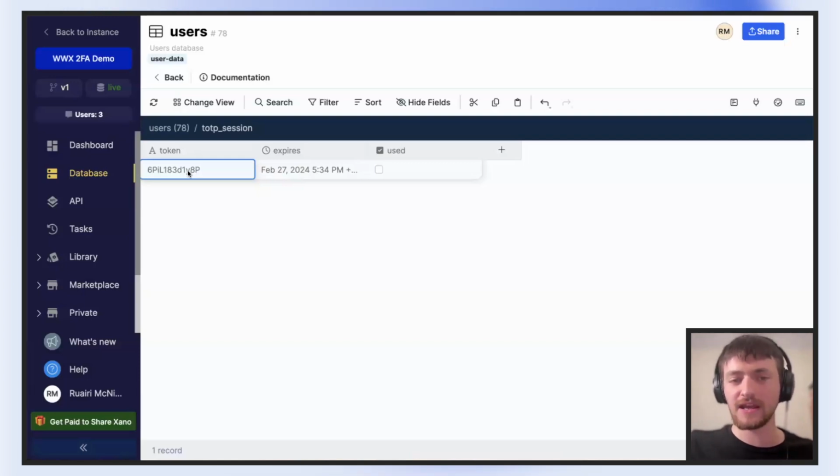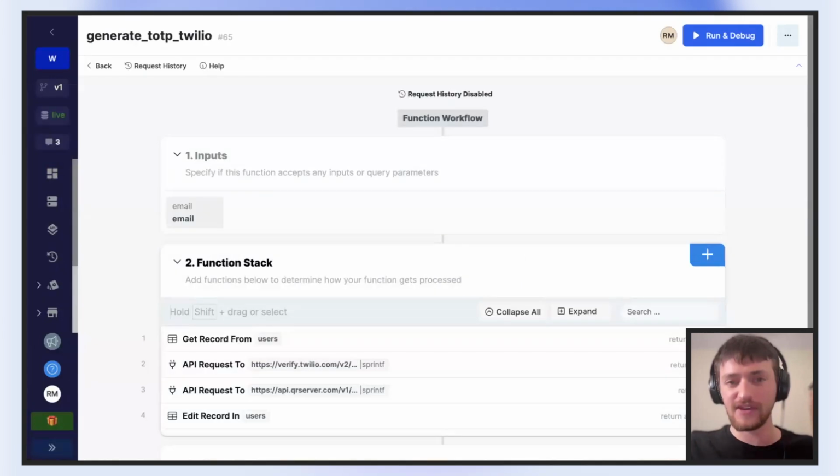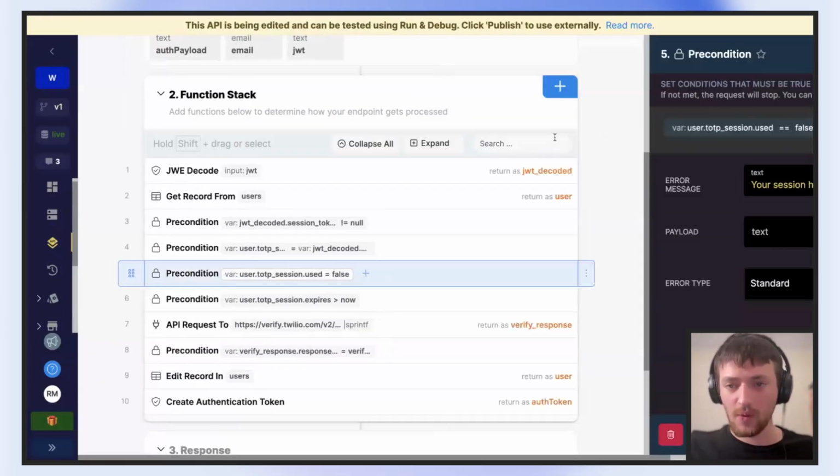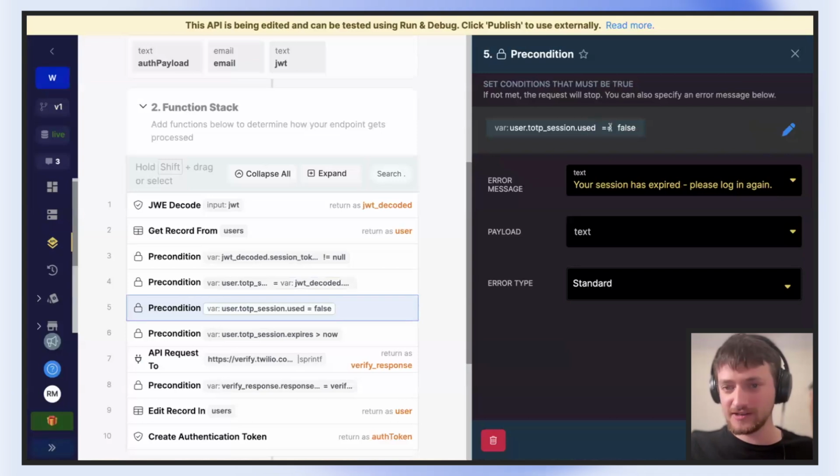it back in and decoding it as an additional step to make sure that users have to first put in their email and their password, and then we generate their two-factor code and verify it. So we just make sure that that's the same. We make sure that it hasn't been used yet, that